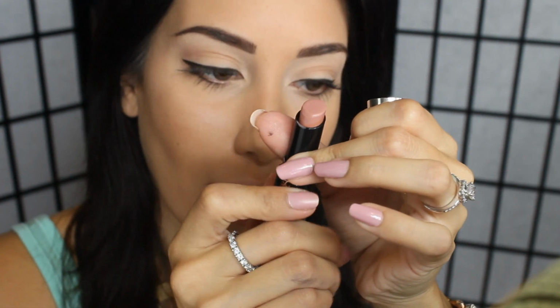So I'm actually going to show you guys two different lipsticks. The first one that I'm going to use is by Wet n Wild. It's the Fergie collection, and this is called Fergie Daily, and it's a really pretty pinky brown nude color. Alright, so I also like to use my finger and just blend it out to make it look the most natural that it can. So that right there is the nude lips,